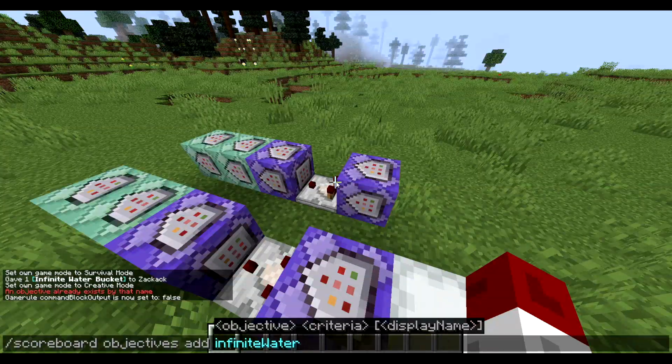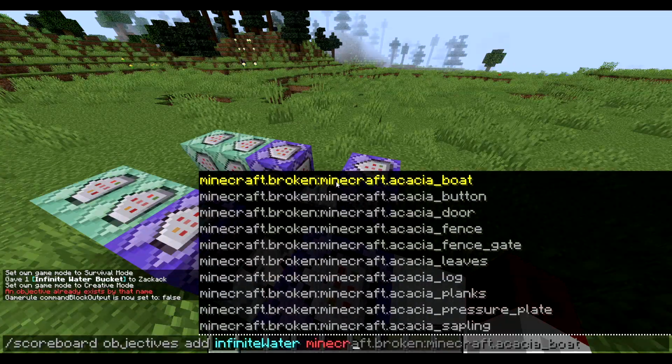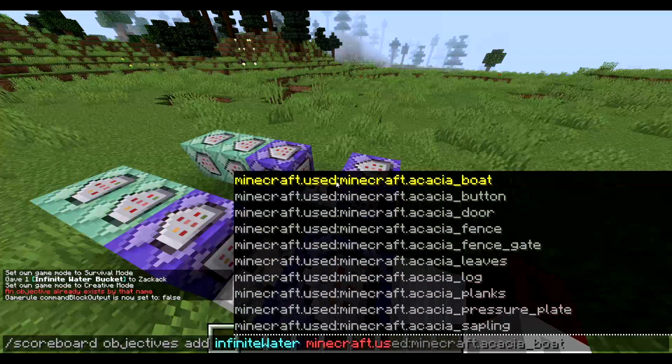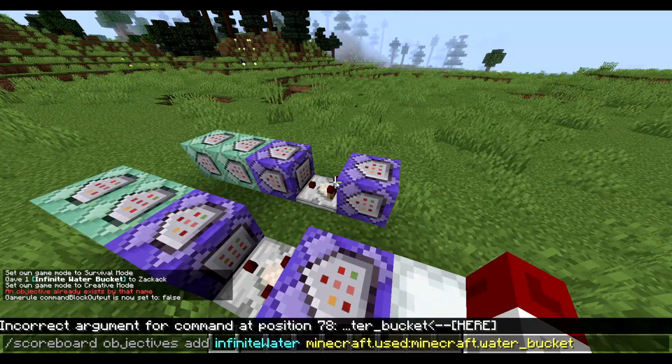infiniteWater. And then this is going to be Minecraft, if I'm trying to remember this on the fly. Minecraft.used and then Minecraft.waterBucket. Yeah, that's the command, just like that. I'll have this pasted in the description so you can just copy it over. Scoreboard objectives add, infiniteWater, or whatever the name of your objective is, and then used water